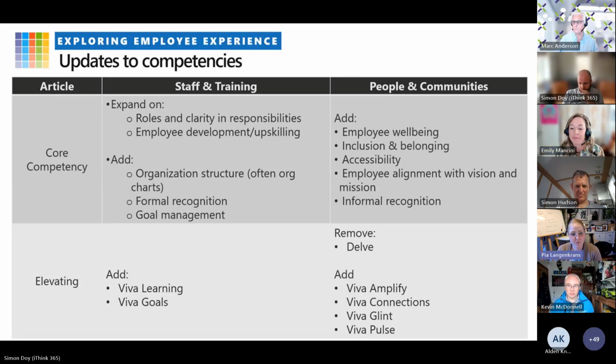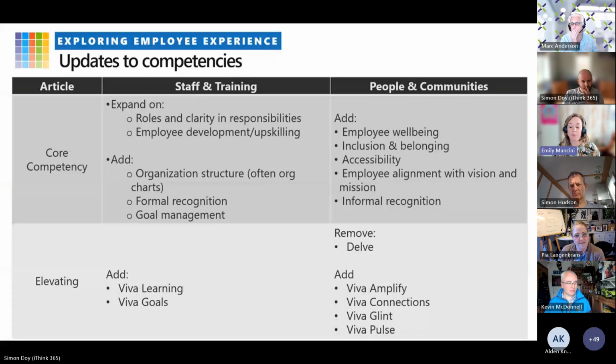I always think that the champions are normal people who love tech. They don't decide anything. They can test and try and spread the news, being happy in balloons and t-shirts. Staff and training, that is me putting on the hard hat as an HR and saying, okay, our project managers need to do this. This is where it needs to go, where we actually need to be more formal. So the champions can be a part of that, but they're mostly in people and communities, I would say. If it comes like, do you love forms? That's obviously people and communities and not staff and training.